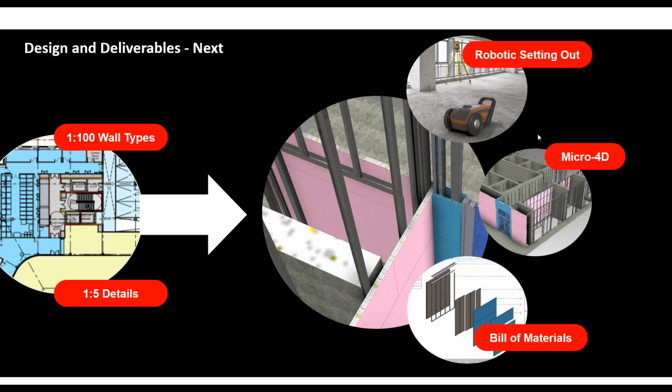We're looking at 4D solutions. We're seeing robots now coming to site and setting out. So, we no longer need to issue or dimension drawings, because the robot just needs a CAD file to print out the setting out on site, or we're looking at things like bill of materials. So we certainly anticipate that the role of standards in defining these new deliverables in the future will be quite important. Next slide.